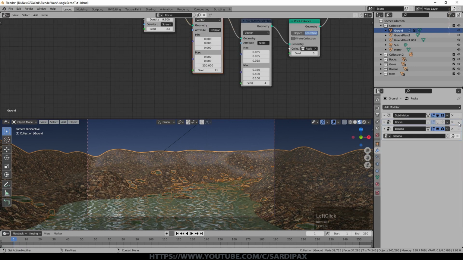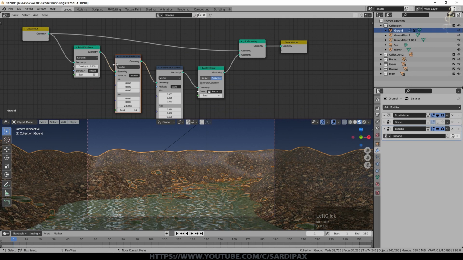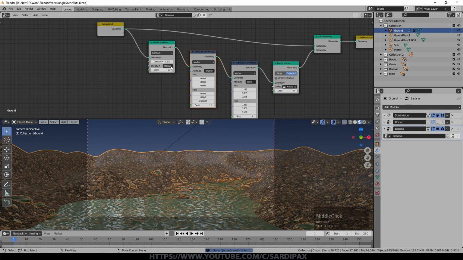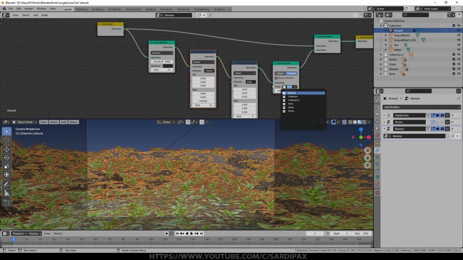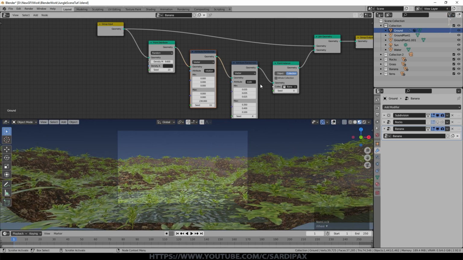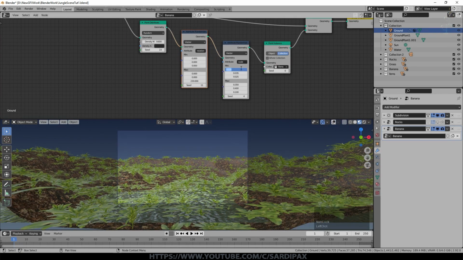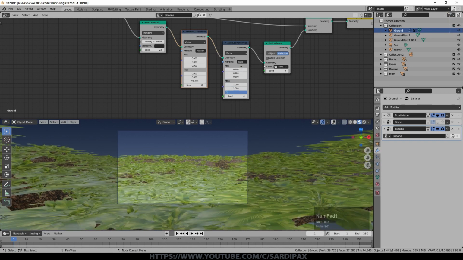You need to make sure the right node is selected, because as you can see, it's a different geometry node setup up here depending on which of these is selected. So I don't want these to necessarily run along the stream, so I'm going to delete that for the moment. And I don't want rocks, I want bananas. So we've got rather a lot of them at the moment, and they're a bit of a funny shape. So we'll go for a min size of 0.1 for the moment and a max size of 1 and see